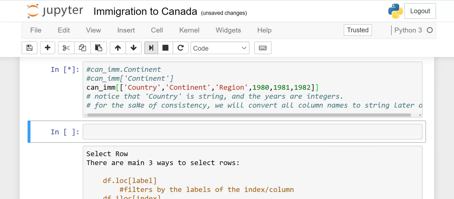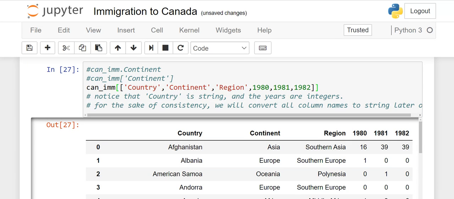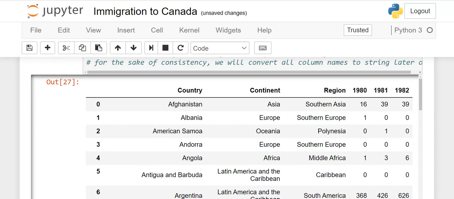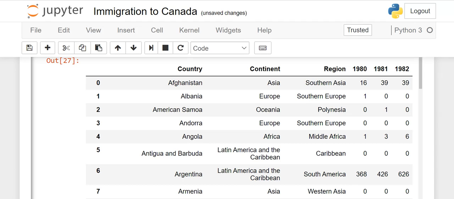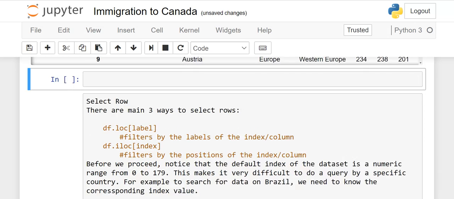But when I run it, you will see the output is in the form of a data frame, right? So if you write data frame dot column, you will get the output in the form of a series. If you write only one column in the square bracket, again you will get the output in the form of a series. But if you want the output in the form of a data frame, then you have to use two brackets, and see, this is our output. And the first column does not have any name. It means these are the index, and the index always starts from 0 and so on. I hope this is clear, right?